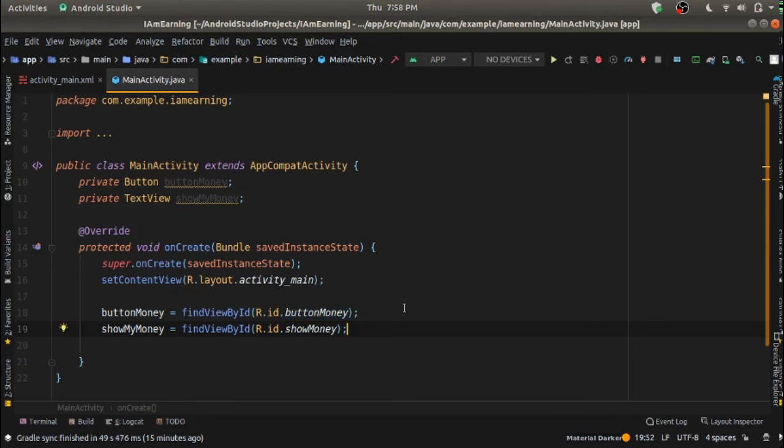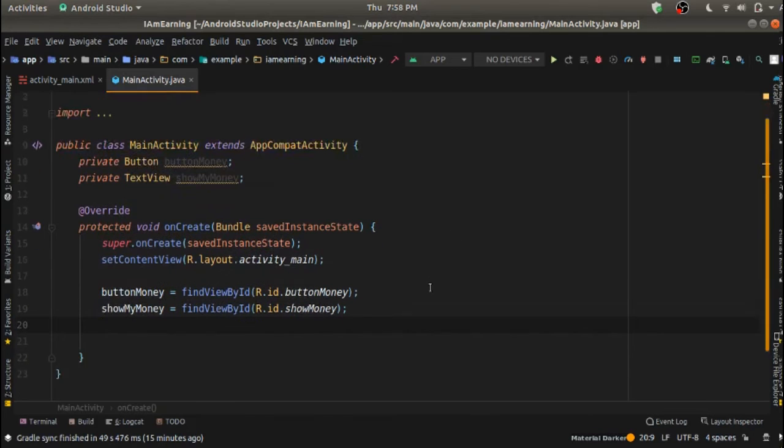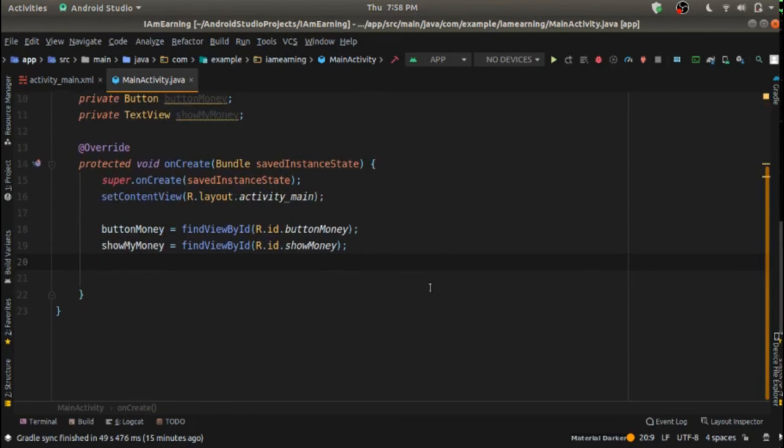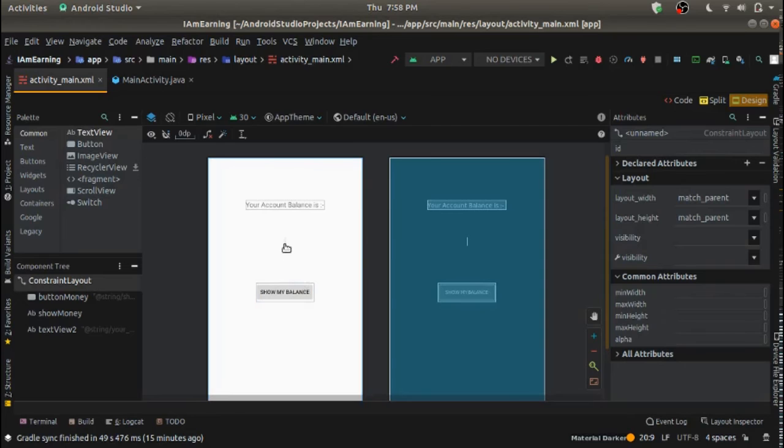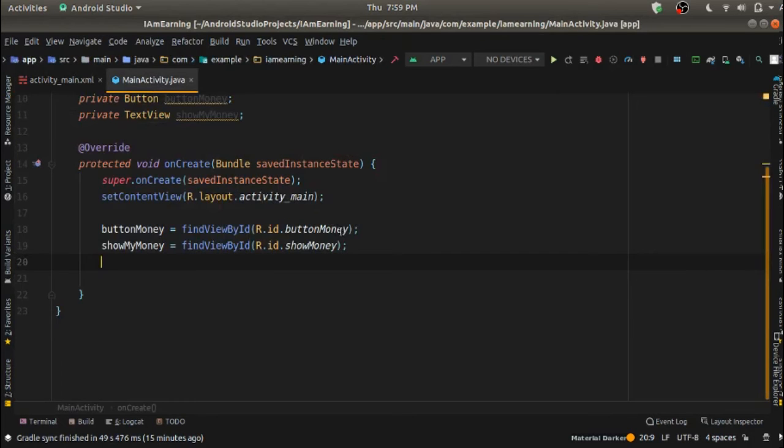All right, so now you can just check. What you have to do, basically, I'll just explain the problem. Once you click this, your money will get added, like it will go on increasing. However many times you click, the amount will go on increasing over here. That we want to do. So we would want to have an initial amount over here, right?